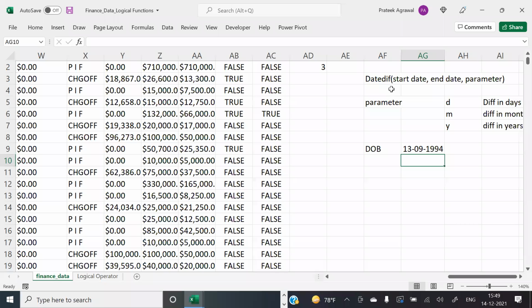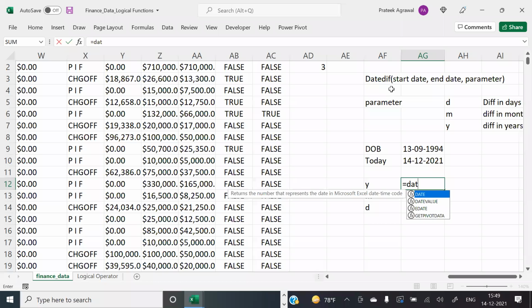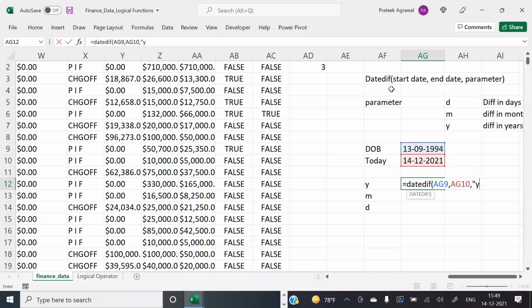Okay. So if I wanted to find out how many years, how many months, and how many days old, we can use this datediff. Put the bracket. So date of birth, comma, today, comma, Y. So this will be 27 years. But right now it's December and she's born in September. So there are 3 additional months. So how do you find those additional months? Datediff again, start, comma, end, and we put YM.